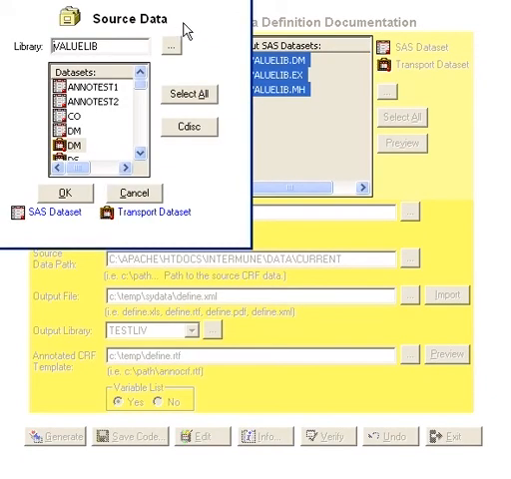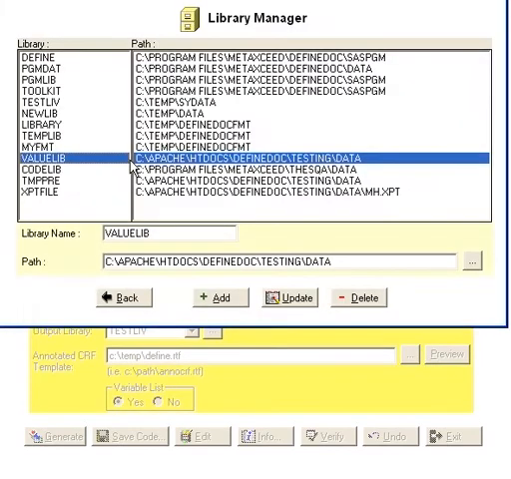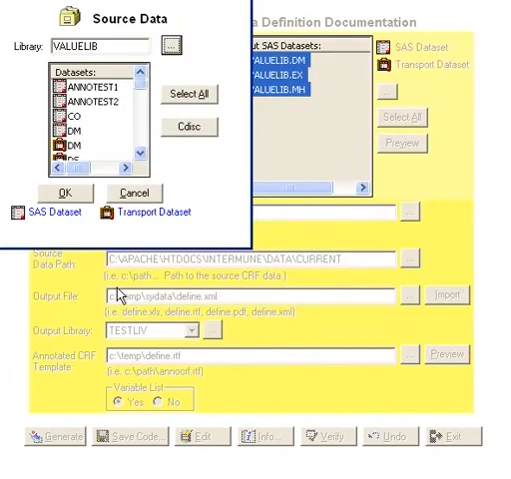The next step would be to have them click on the ... button corresponding to the library, and then have the user specify the value library, which is predefined from the defaults prerequisites. After they select that, they can click on the back button, and then from the list of datasets, have the